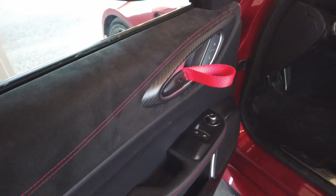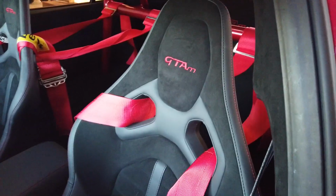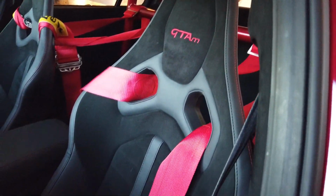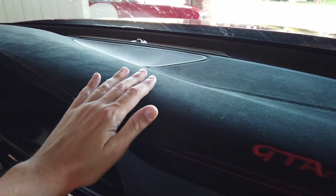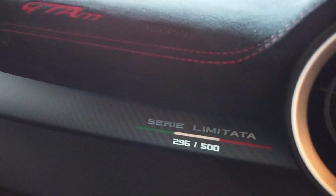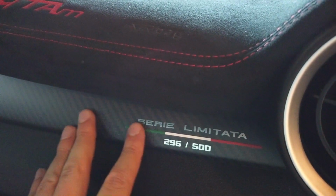So guys, now let's have a quick tour of the interior because it truly looks like a race car. I'm in love with the seats, they're made specifically for the GTAm model, they're amazing and manually adjustable. A lot more Alcantara on the dashboard, you can also see the GTAm logo on it. Also, here below you can see the actual production number of the car, just 500 to be built between this